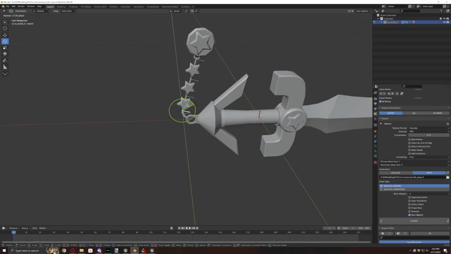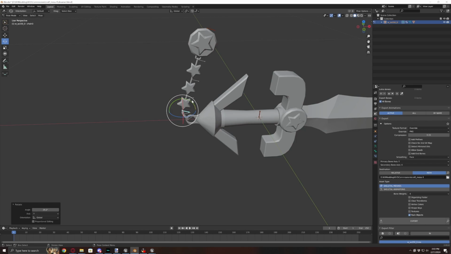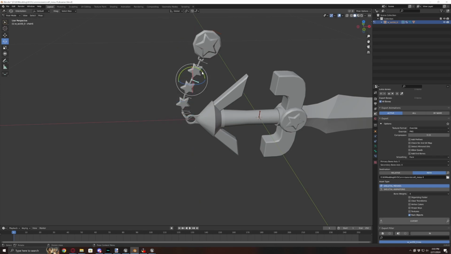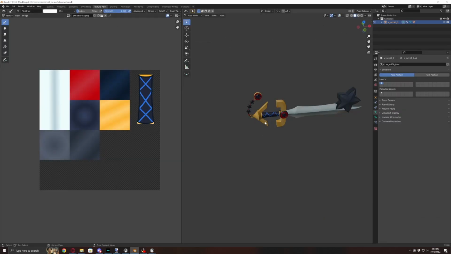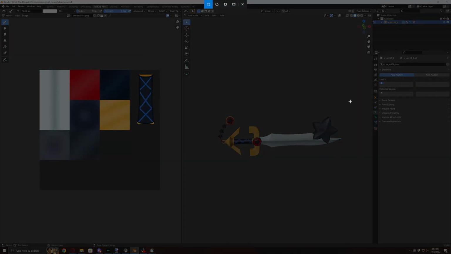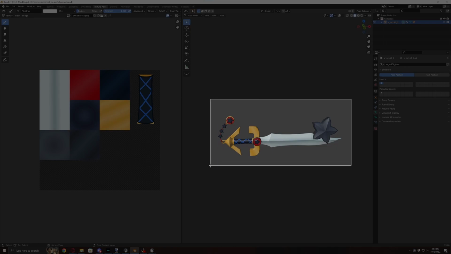So I'm quickly going to pose the bones so that the chain is curved like this. Then I'm going to go to texture paint to show the textures. And then I'm going to do a clip screenshot of it by holding the Windows button, Shift S. That's going to bring up the snip and sketch tool,